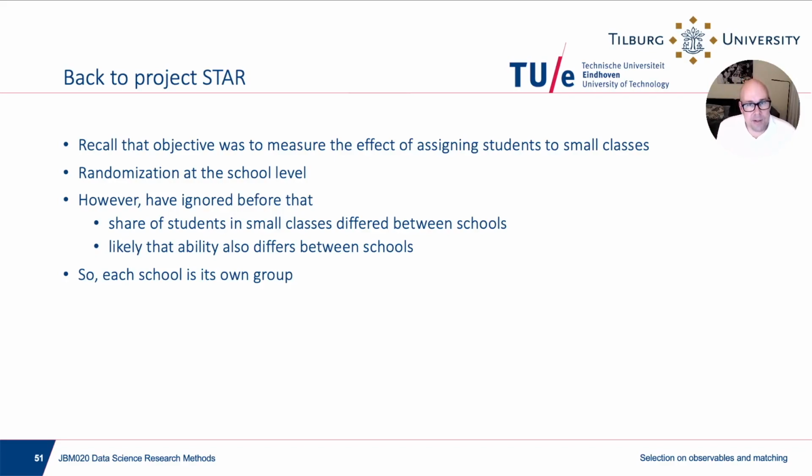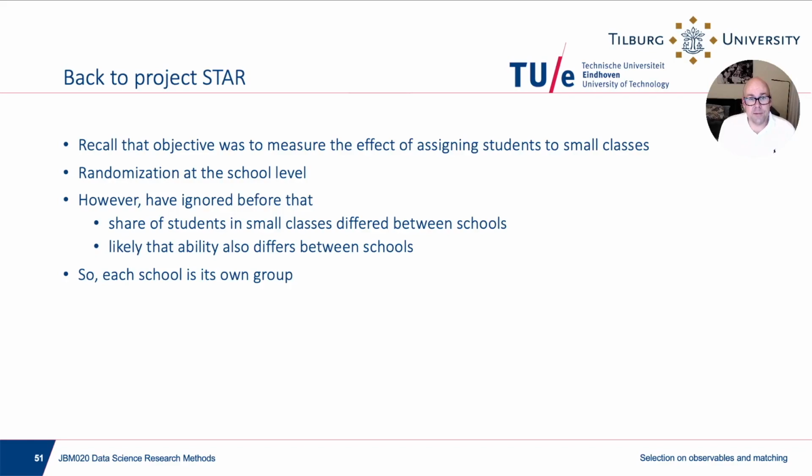Second example, let's go back to Project STAR and think about this for a moment. Recall that the objective was to measure the effect of assigning students to small classes. So randomization was at the school level. When we discussed that, however, we have not thought about the following two things. First, the share of students in small classes actually differed between schools. So yes, there was randomization within school, but some schools might have had many more people in small classes than other schools. And it's also likely that